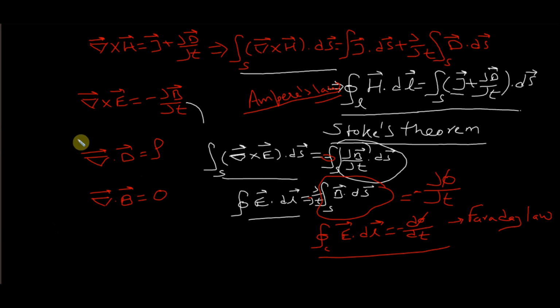Now we can also modify this equation. Take the volume integral on both sides of this equation. For simplicity, I'm writing it down here: del dot D dv is equal to the volume integral of rho dv. Simple.